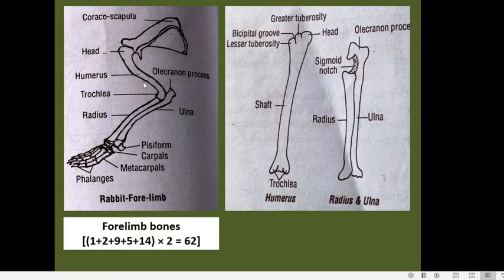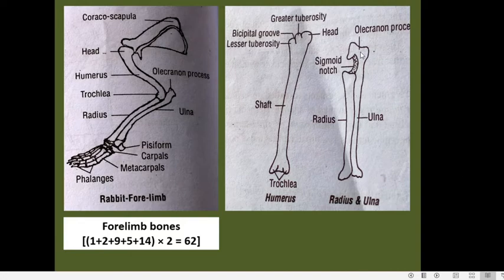Now we will move on to the forearm, which is supported by 2 bones which are called the radius and the ulna. Here you can see the diagram. The radius and ulna are immovably united throughout their length. So you can see they are united throughout their length, especially when the palm is held downwards, and this position is called pronation. So there you can see it is united immovably. Now coming to the ulna. So this is the ulna.